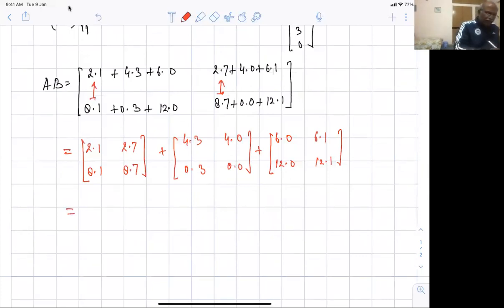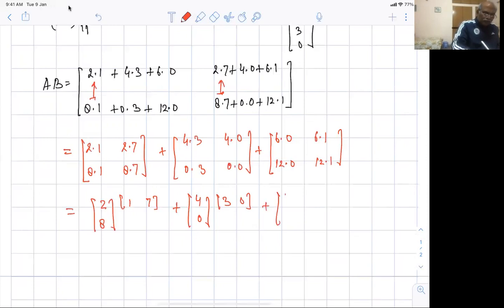So I'd like you to see that there is 2 common here, 8 common here. All right. So I have got 2 here, 8 here, and I'm multiplying it to 1 and 7. Just look at here. 2 into 1, 2 into 7, 8 into 1, 8 into 7. So I get this matrix multiplication here. This is 40 times 30 plus 612 into 0, 1.